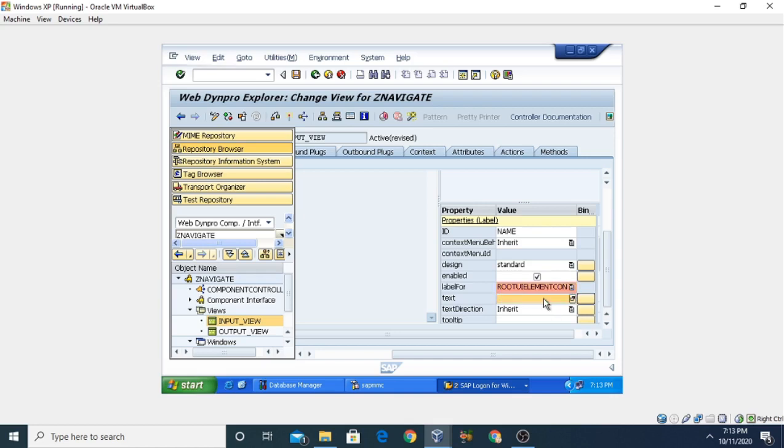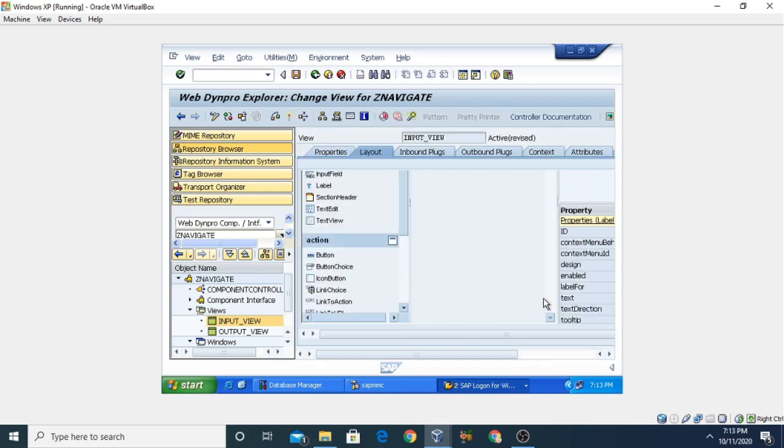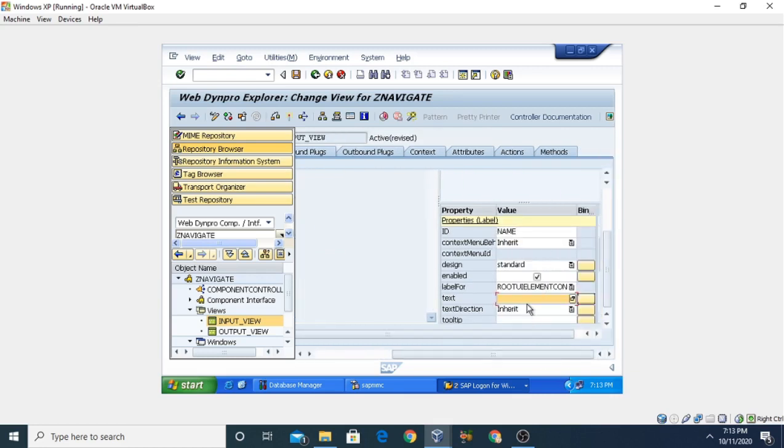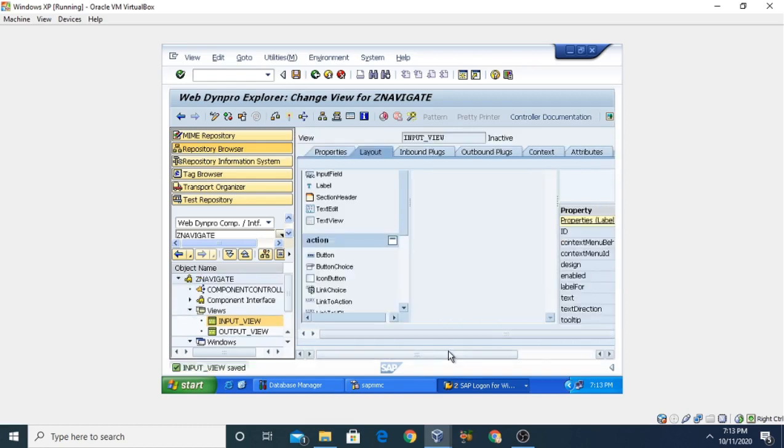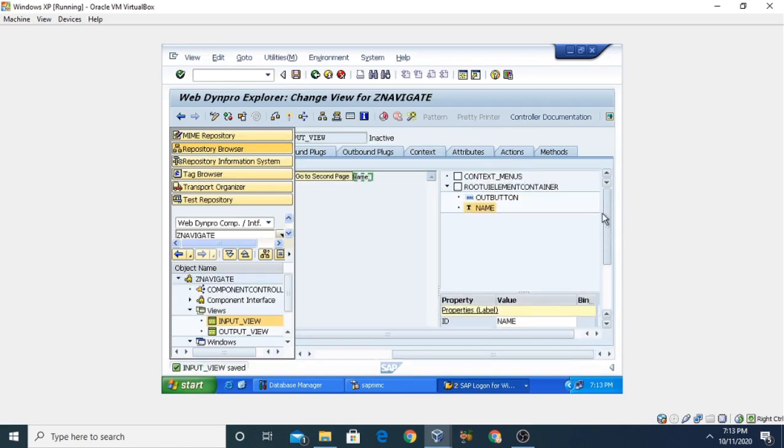So this is the label, and then you are going to give the text here. Text is name. Let's click on the save button. You have created the name here.